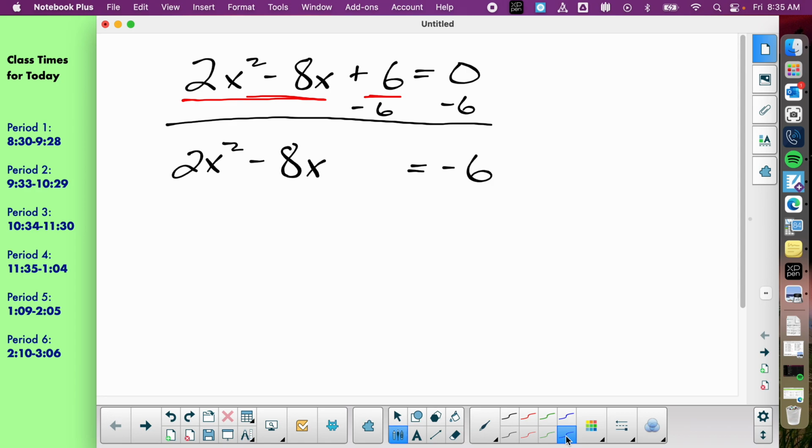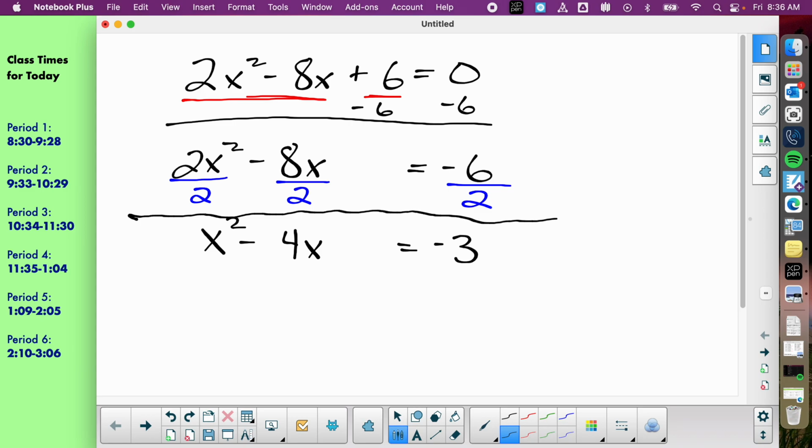So if we've got a 2 on the x squared, we're purposely going to divide by 2 on everything. If we cut everything in half, that's totally allowed if you divide them all by 2. And then this problem is now what we consider one of the normal ones, and it's no longer kind of a difficult setup. So from here,